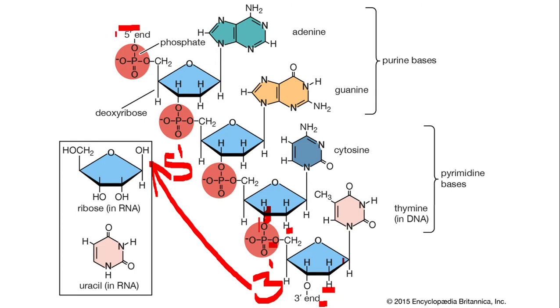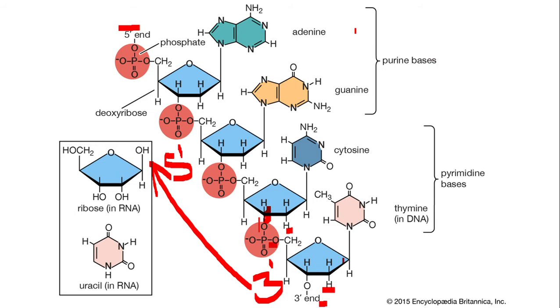Actually, this is what we mean by saying polarity of the nucleic acid. Polarity of the nucleic acid depends upon the arrangement of the sugars. Arrangement of carbon number 5 and carbon number 3 of the sugars. Remember, all the sugars of any given chain are organized in the same direction. And if you take the case of a DNA, it will have one more chain on the other side, and that chain will be anti-parallel, which means its carbon number 5 and 3 will be oriented in the opposite direction.